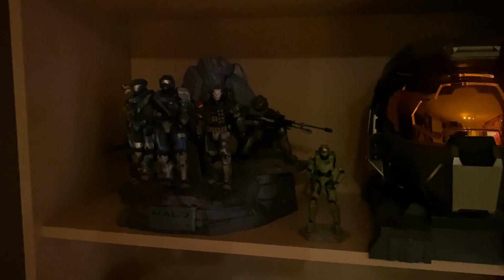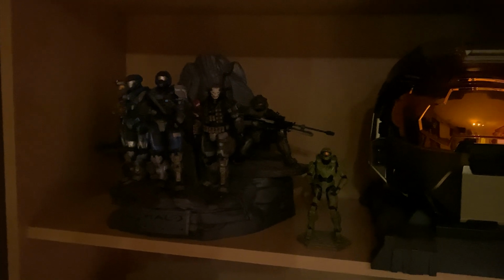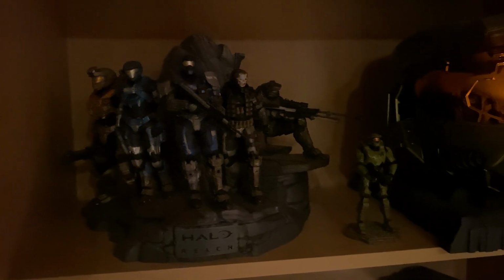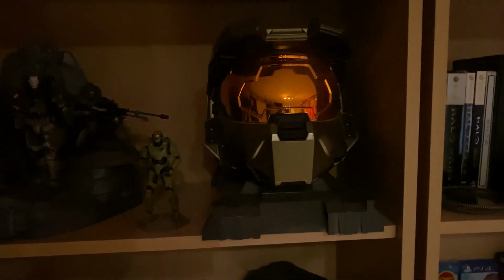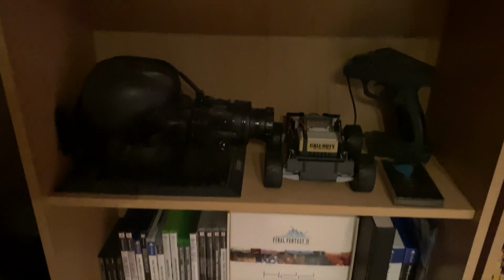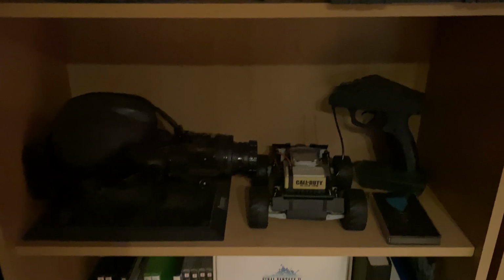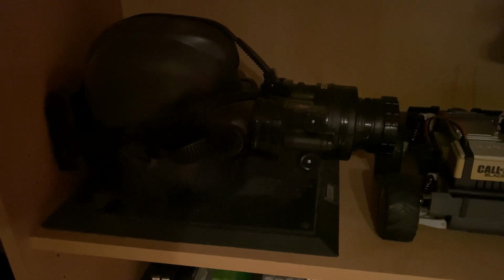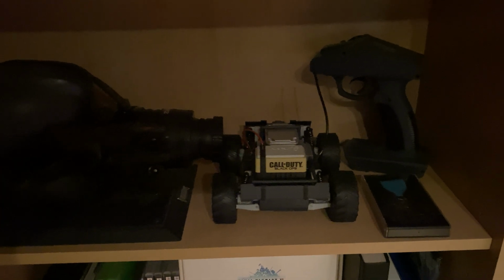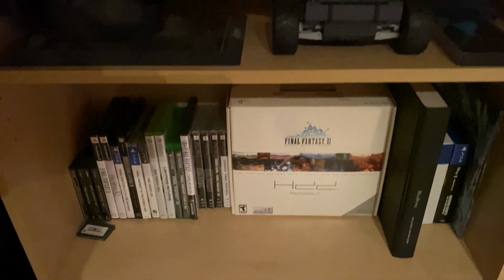And there's the stand that came with it, with all the Reach guys. Halo 3 helmet came with the Legendary Edition. A couple Call of Duty items, Modern Warfare 2 goggles, night vision goggles, and the Black Ops RC car. Final Fantasy shelf,